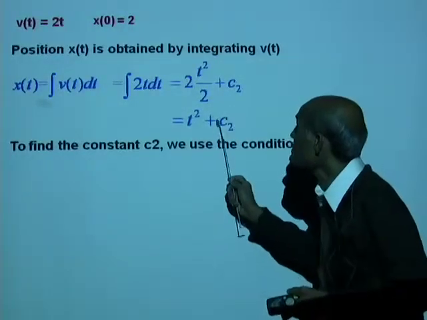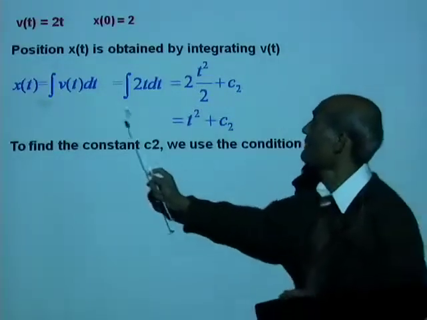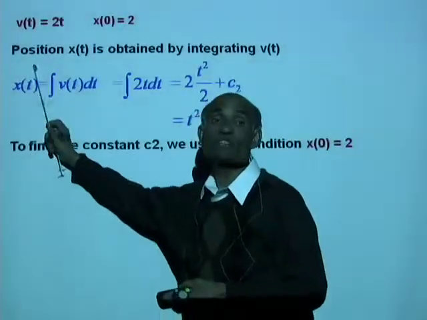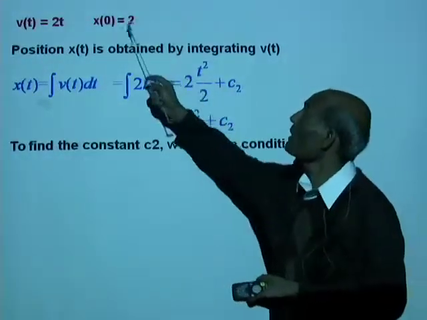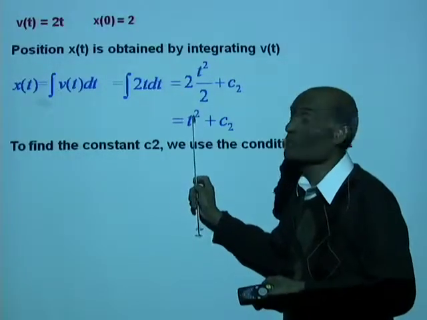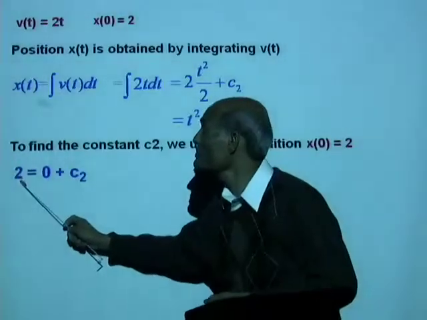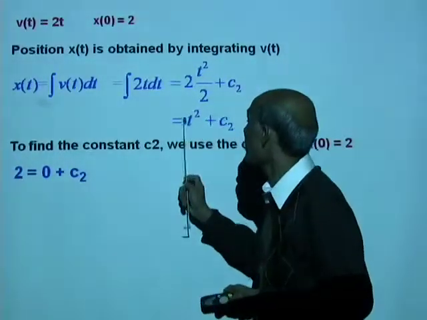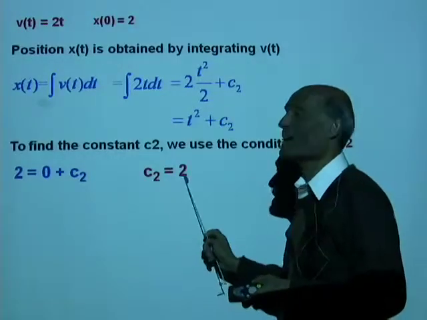Now we need to find the c2. How do you find the c2? We know that this x is 2 meters when this t is 0. That's the meaning of this x of 0 equal to 2. When t equal to 0, x equal to 2. So we will say 2 equal to 0, this is 0, plus c2, and that gives you the value of